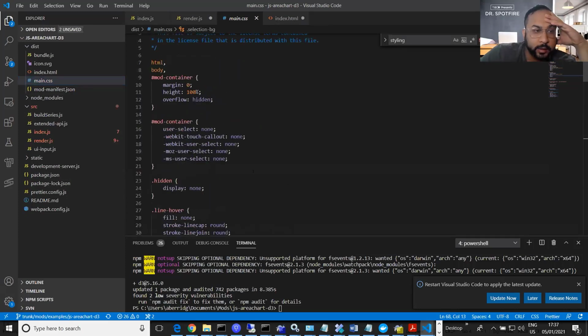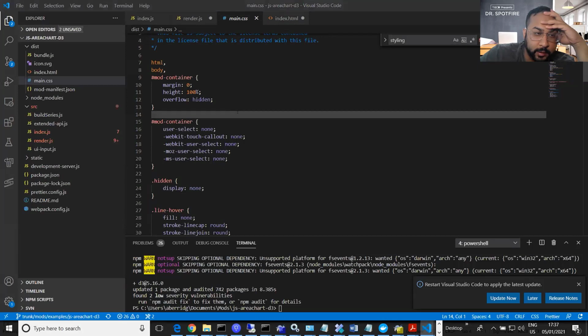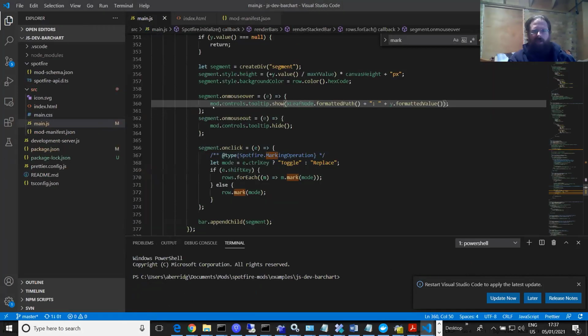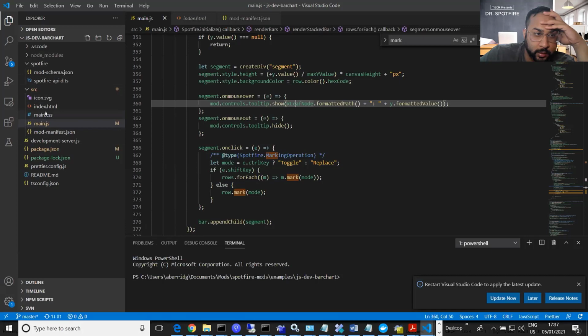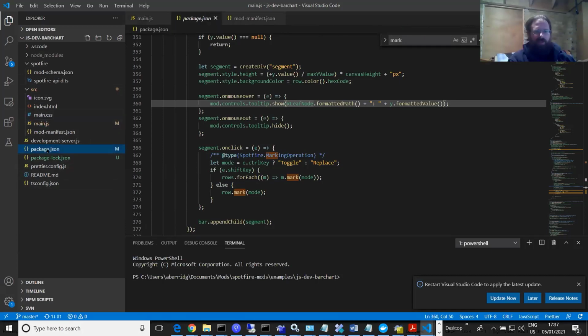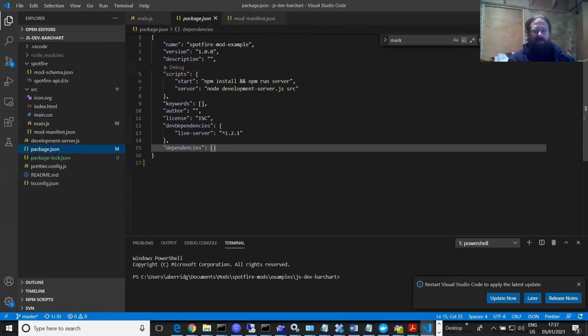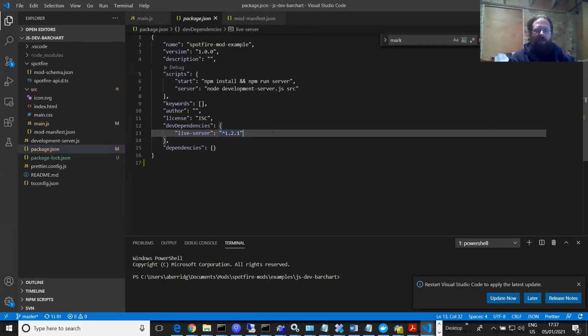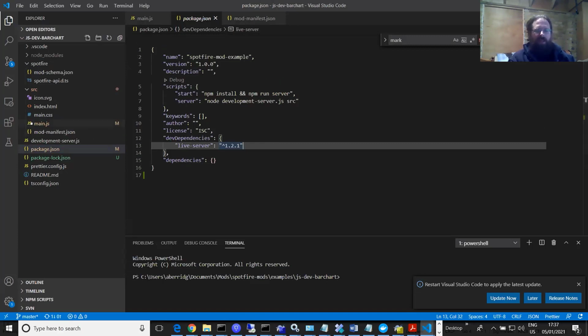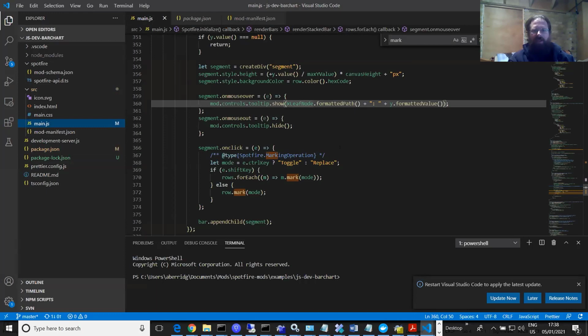And this is kind of a different structure than your other mod where you weren't using a library, right? That's right. So the bar chart doesn't have a dist folder. It doesn't use Webpack. If I look at the package.json, the only dependency it's got is this live server, which is the lightweight web server we use to serve the mod. So it doesn't have anything like that in it. And it's just a very, very basic example that shows how to